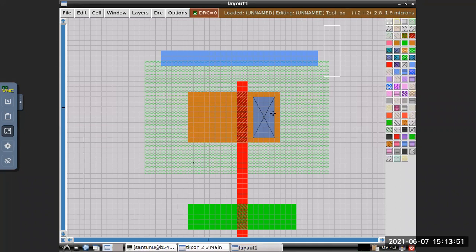Okay, so you can make this the optimum transistor. Okay, the drain region. This side also, the source region, you can do the same thing.